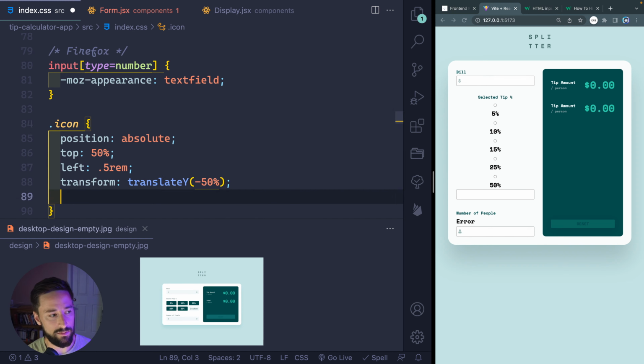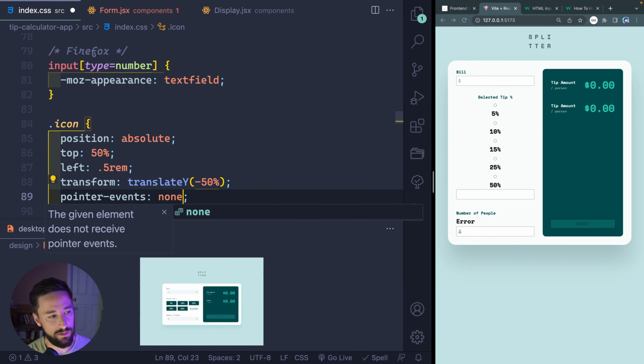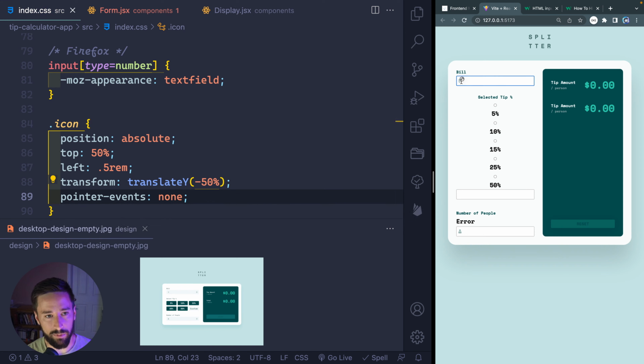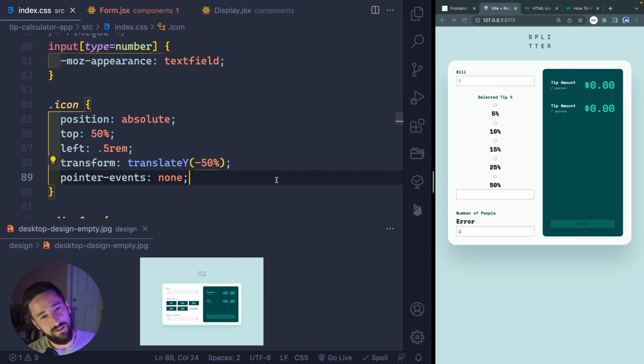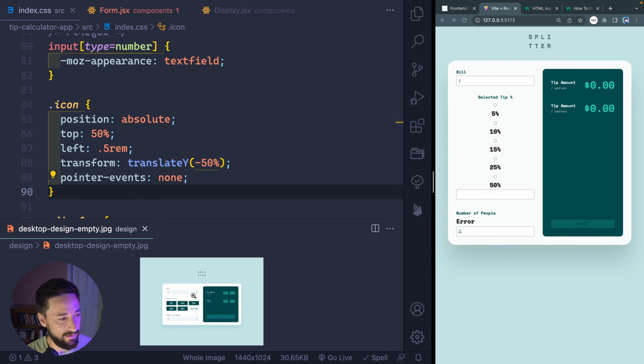I guess I can also say pointer events none, just in case they click on it. I don't know why that would matter, but now they can't. So take that. Okay, so back in here